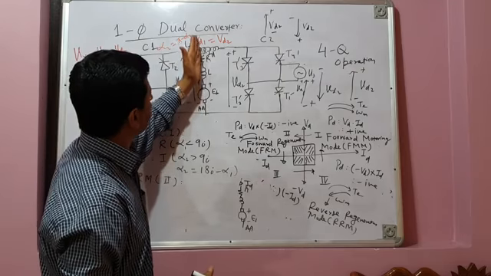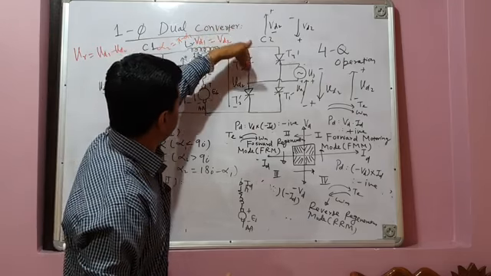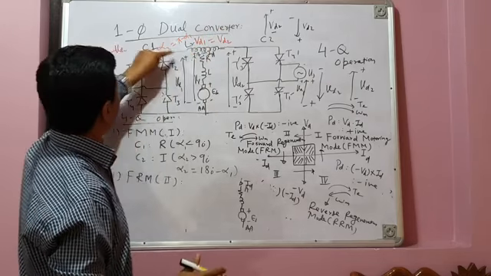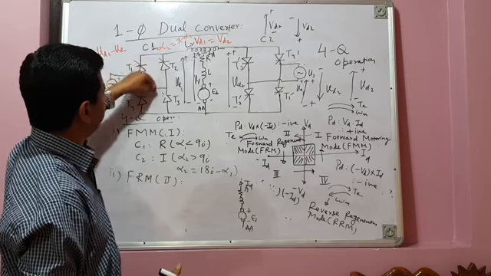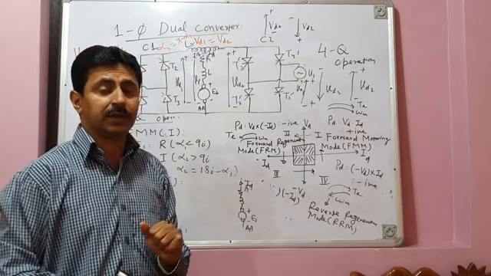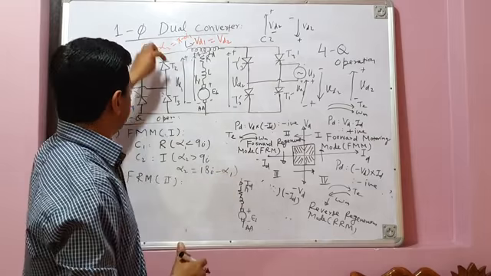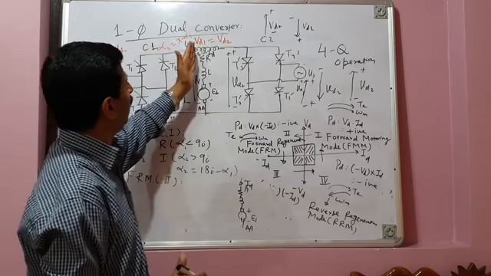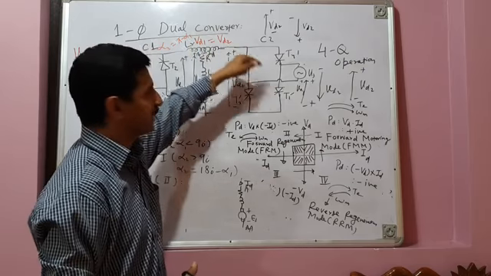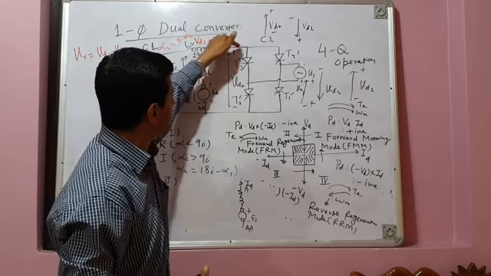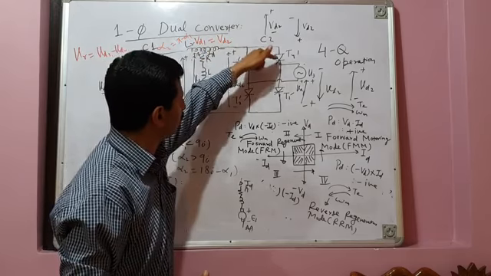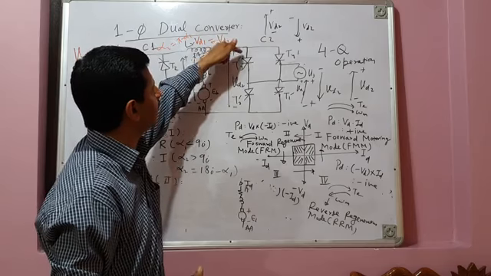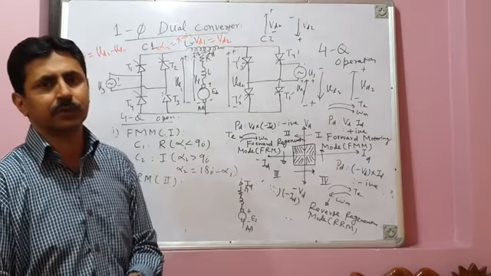Now, when this current comes out, it has two paths. One path is this and the other path is this. It cannot flow through this path, because if this current flows in this path, it has to flow from cathode to anode. Thyristors will not allow current to flow from cathode to anode. The only path for current is this, because when current goes here, it will flow through this thyristor or through this thyristor first, and it can flow from anode to cathode.